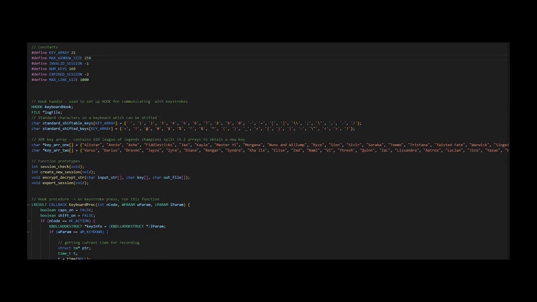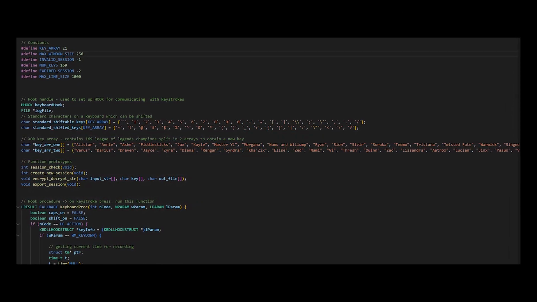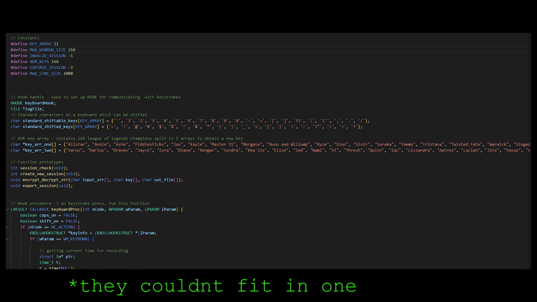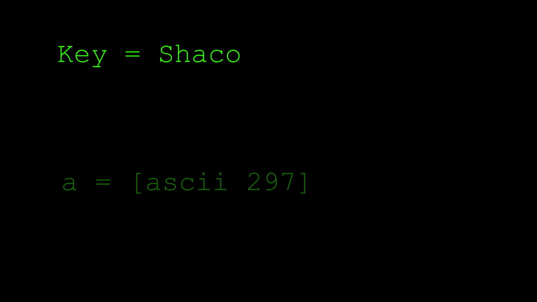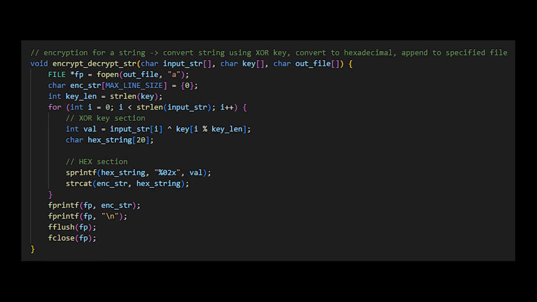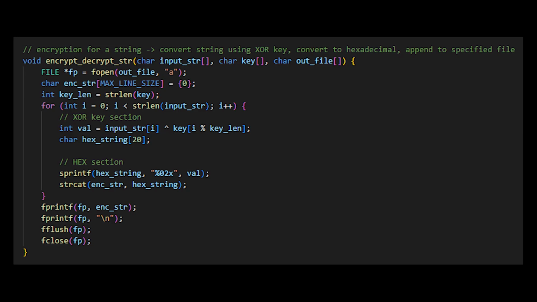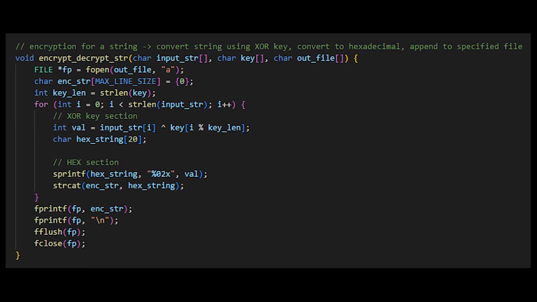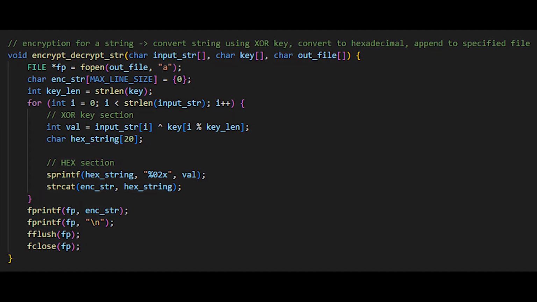All 169 League of Legends champions are put into 2 different arrays, with a random number generated being the index of that array. Because of the values that can be obtained from XOR encryption, it's possible to generate characters which correlate to unprintable ASCII characters. Therefore, an extra layer of encryption needs to be added. In this case, representing the data obtained in hexadecimal value allows for each character to now take up 2 characters, which correlate to its hexadecimal value.